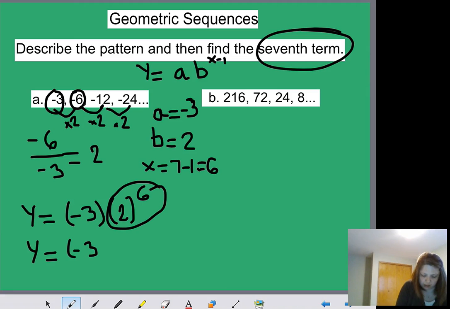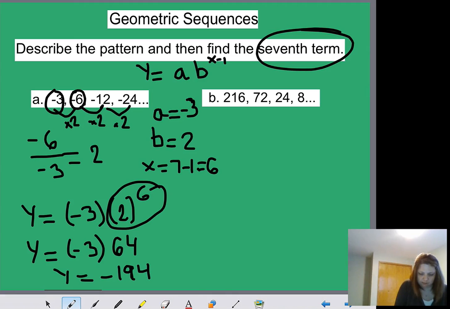So it will be -3 times, and I'm going to use the calculator, 2 to the power of 6, which is 64, so times 64. So y will be equal to 64 times -3 will give me